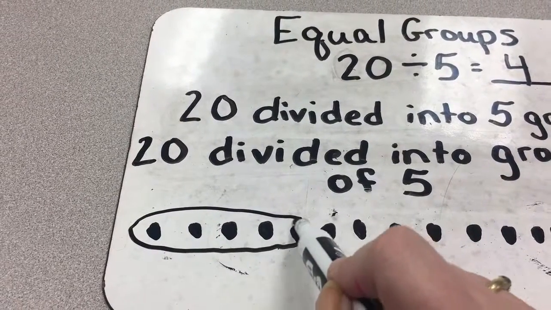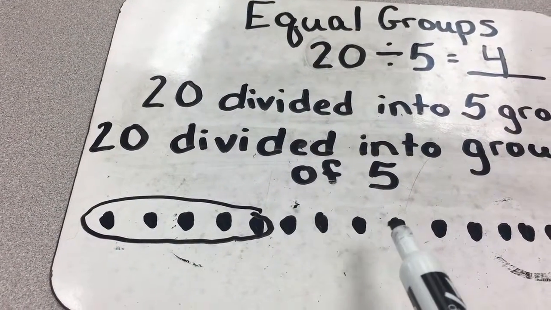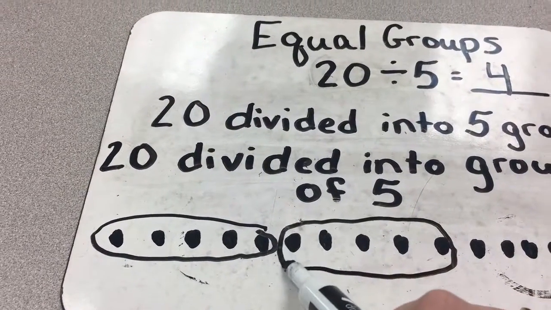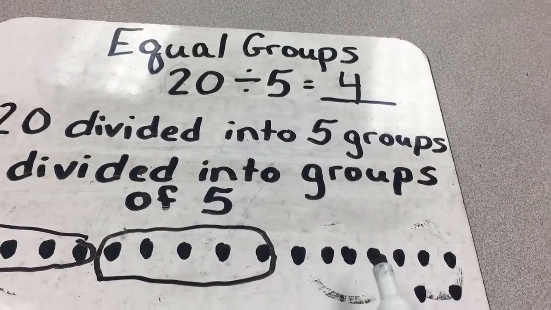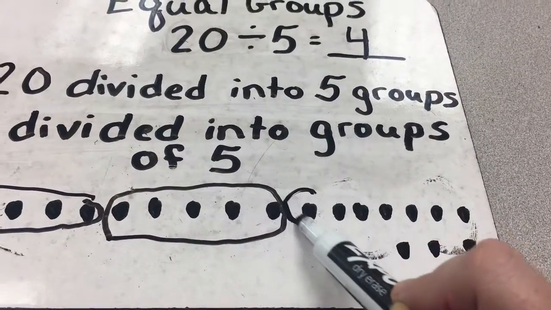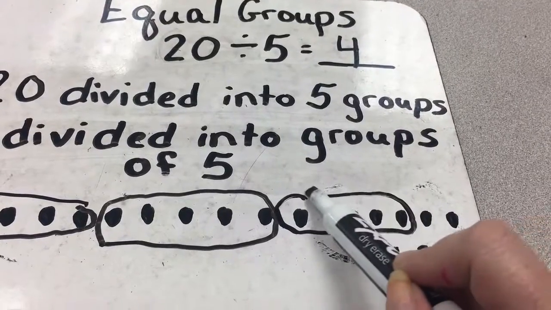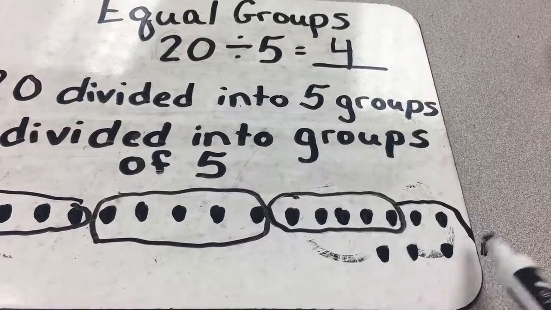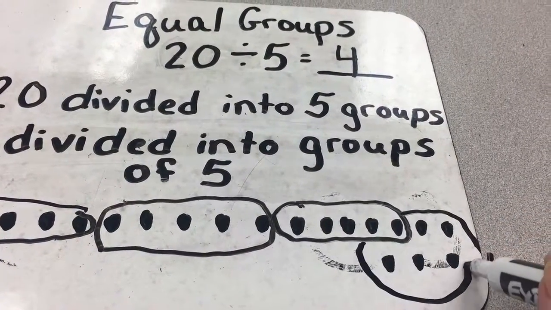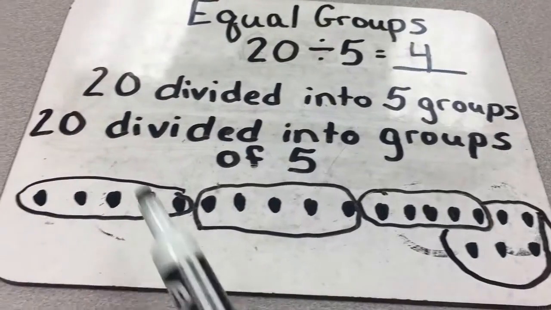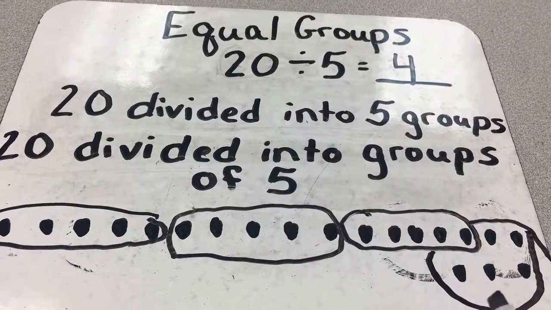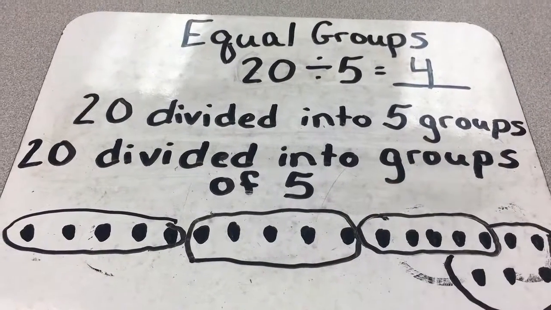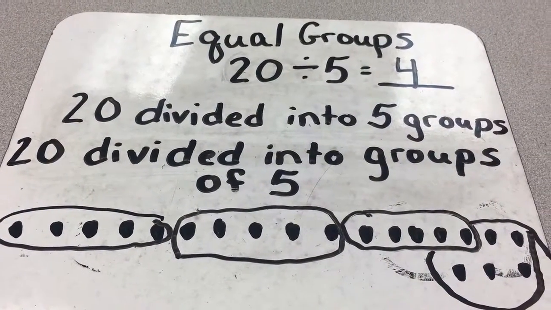That's one group of 5. That's another group of 5. There's another group of 5. And, oops, your last group of 5. Then we just count the number of groups. 1, 2, 3, 4. So once again, the answer is 4. That is how they use equal groups to help model and to solve